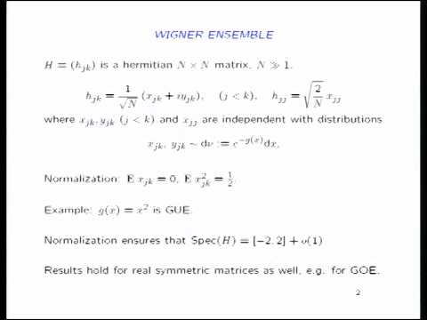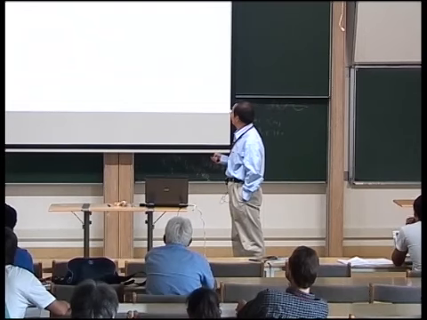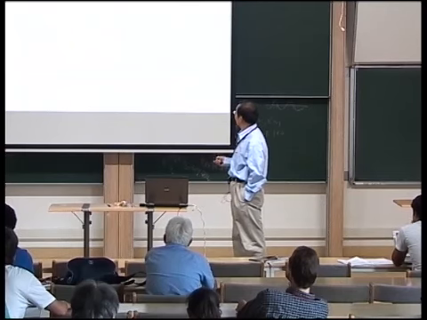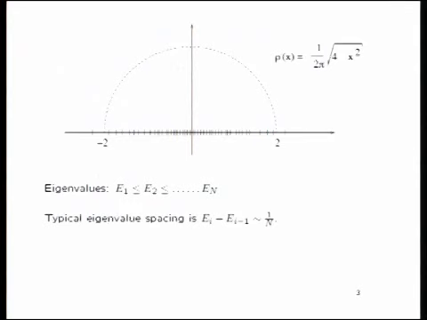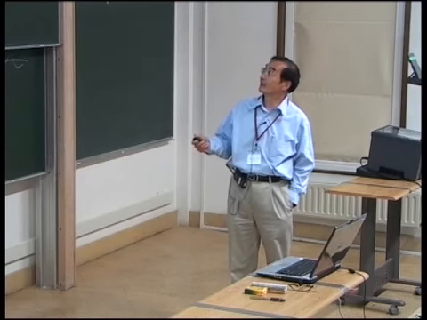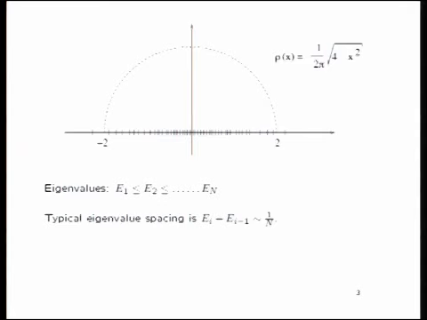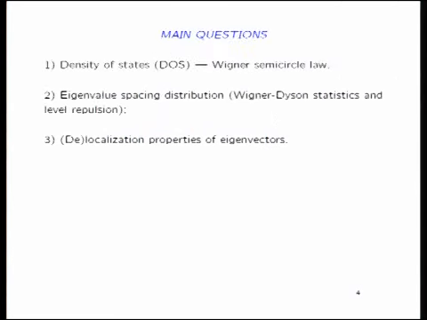Now, if it's GUE, of course, you know a lot, but even if it's not GUE, you know the spectrum is between -2 and 2 plus some small corrections. And you know that this is correct for many other cases. And not just that. You look at all these n eigenvalues, with the distribution given by the semicircle law, and the typical spacing would be 1 over n. And so now the question we're asking is